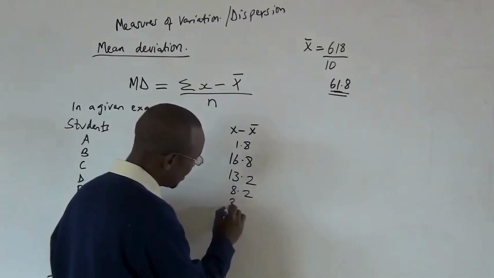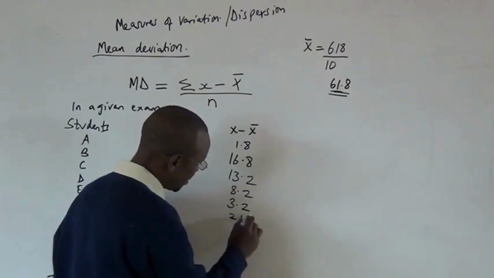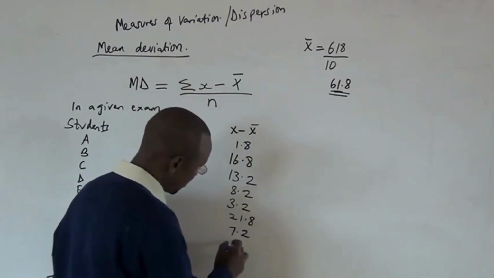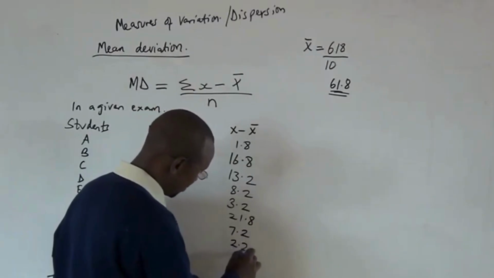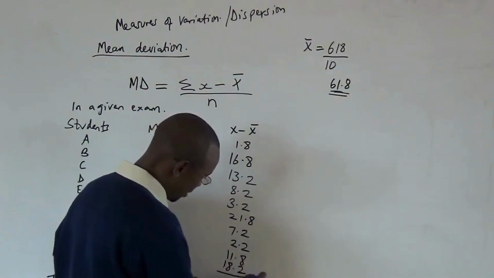The next one, 3.2, 21.8, 7.2, 2.2, 11.8, 18.2. Then they give us a total of